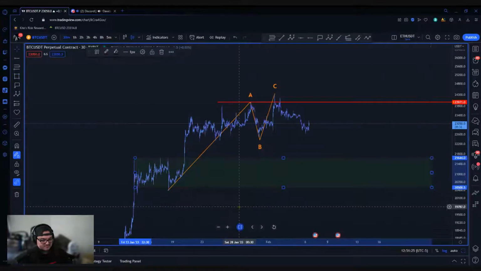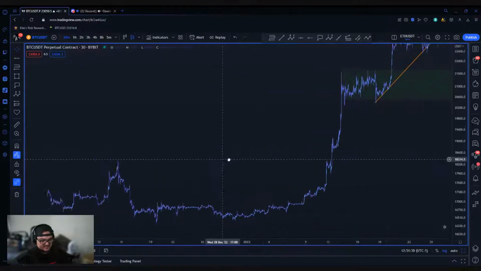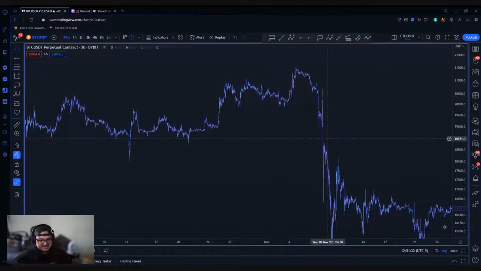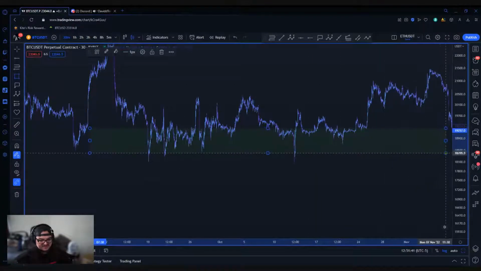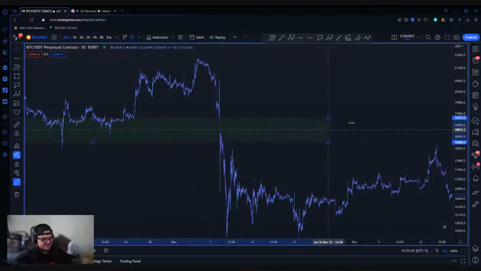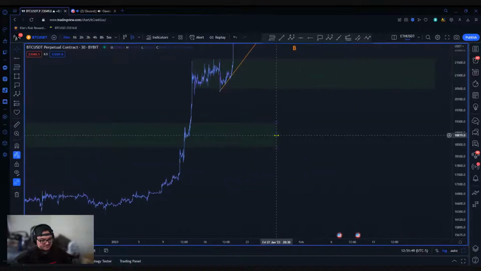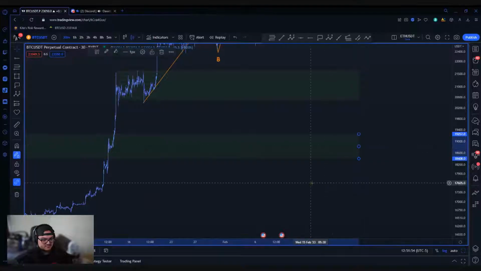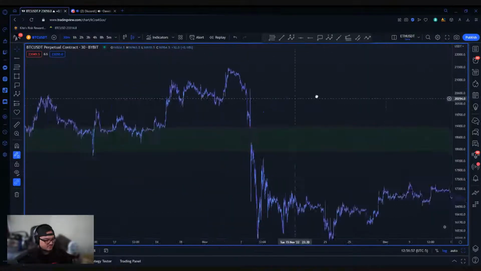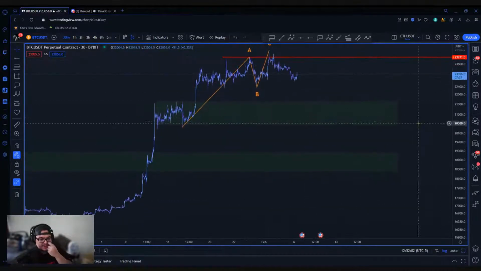The 18.8, does that line up? 18.8. Okay, because kind of off of this area, somewhere around here, maybe. Okay. Yeah, that'd be great. Hey, if everything lines up, that'll be a good short position for us.